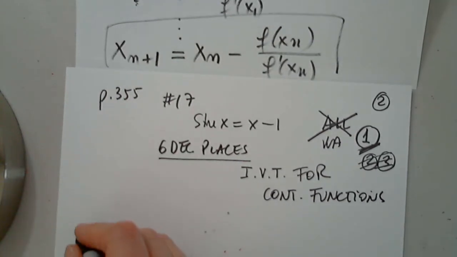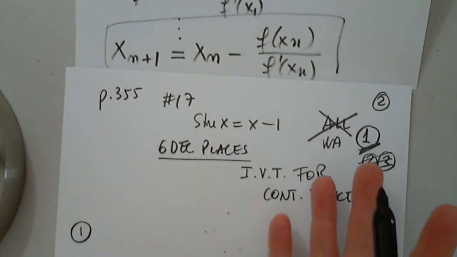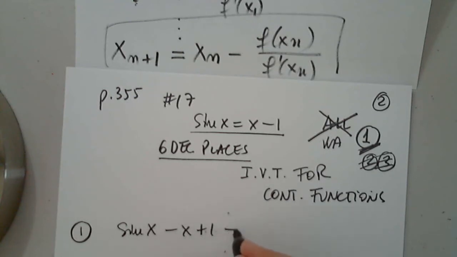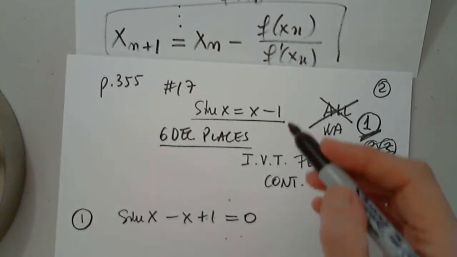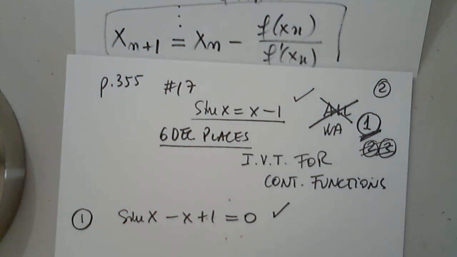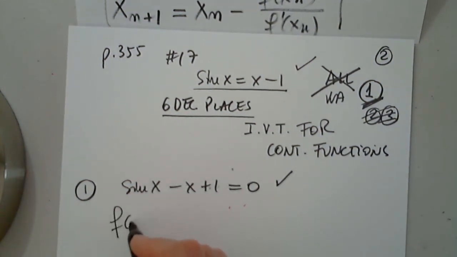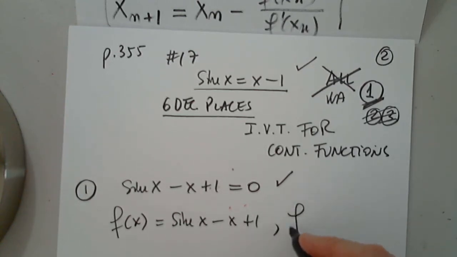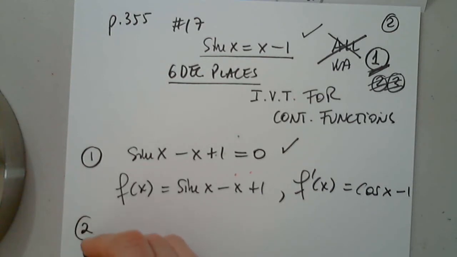Okay, so first step, I have to have a function, not two functions. So solving this equation is the same as solving this equation. Solving this means solving this, same thing. But now in part 1, I do have a function. I'm happy. I can immediately find its derivative because I will have to use it. So this is cosine x minus 1. In step 2, I will have to say, because this is continuous everywhere, linear, continuous everywhere,